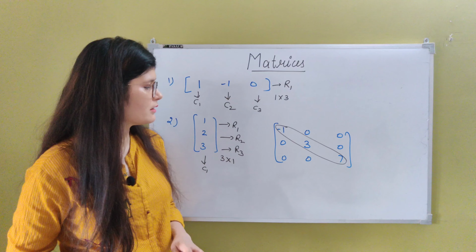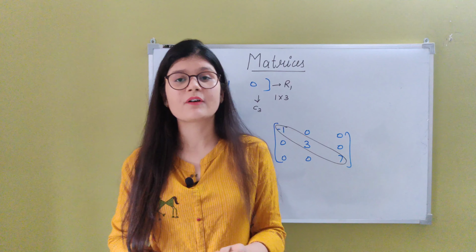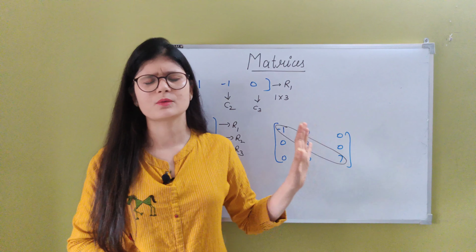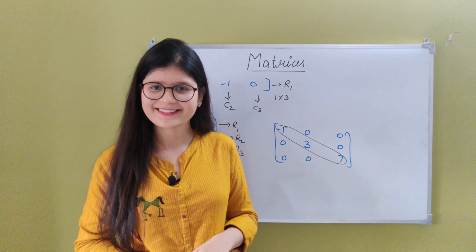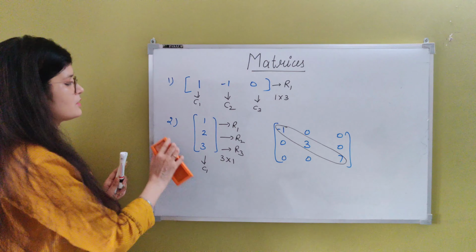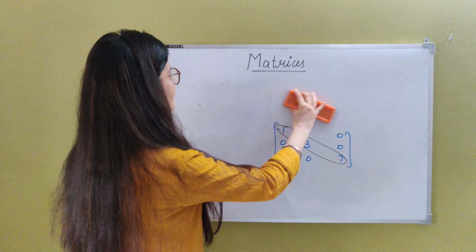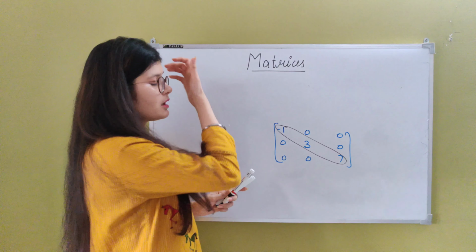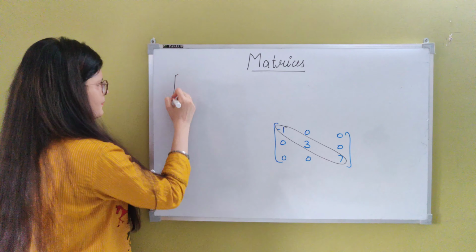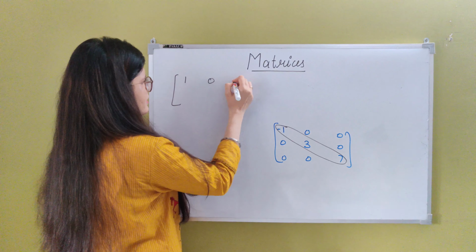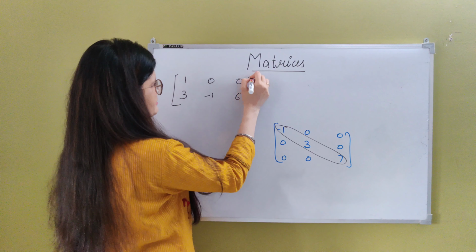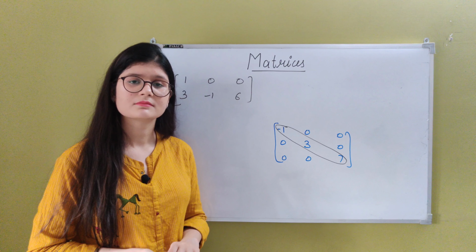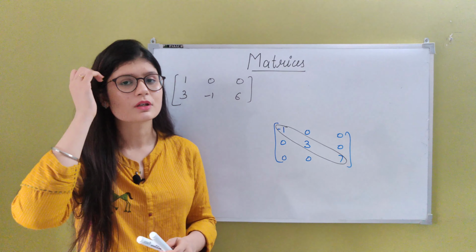I hope now you are very familiar with the word order, how you can find the order of the matrix: you have to see only the number of rows and the number of columns. It's quite easy, right? So move further. When we are talking about the diagonal, I would like to tell you one most important thing about it. You tell me that. I'll take 1, 0, 0, 3, -1 and 6. Is it a diagonal matrix? No, it is not a diagonal matrix. Why?